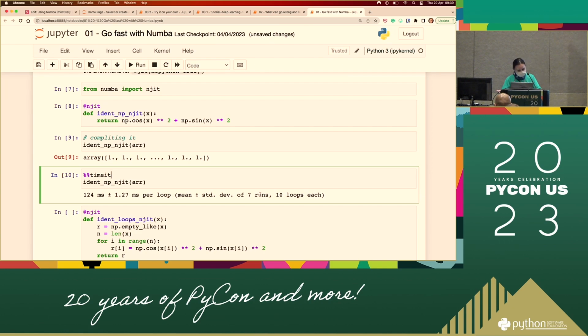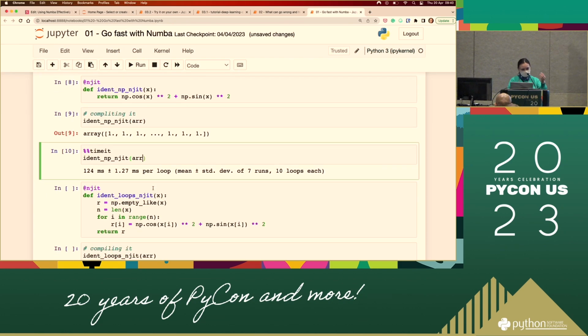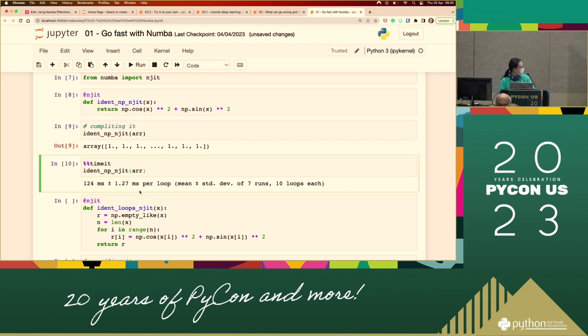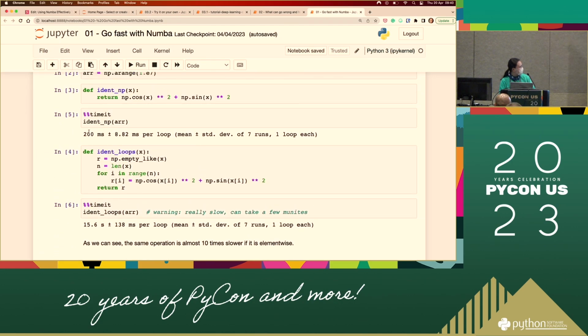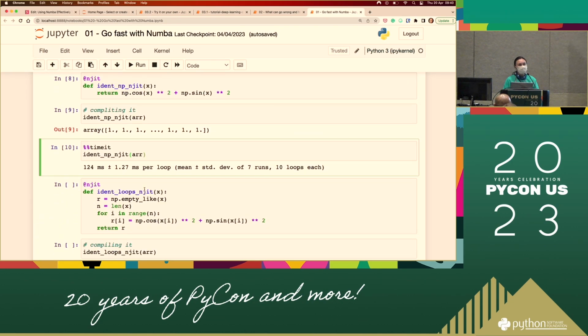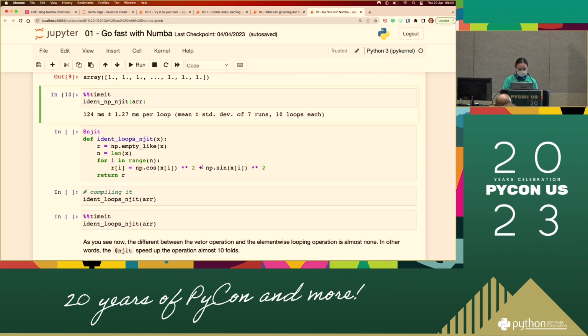The first one is super slow, so the mean won't be correct because the first one is slower than the rest. So it gives you a hint that, oh, I haven't compiled it yet. But this is the speed when it has been compiled. So it's quite an improvement, 124 compared to 200. It's a slight improvement, but it's an improvement, good. We love seeing improvement.